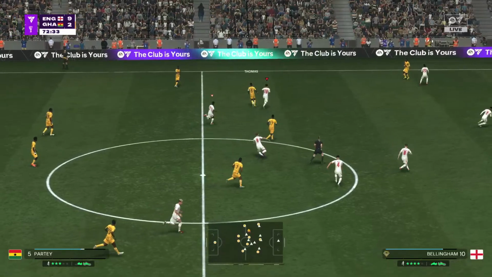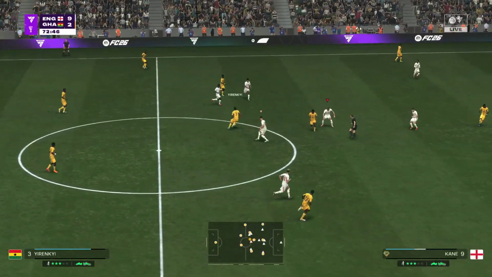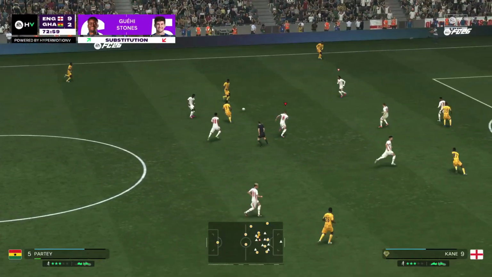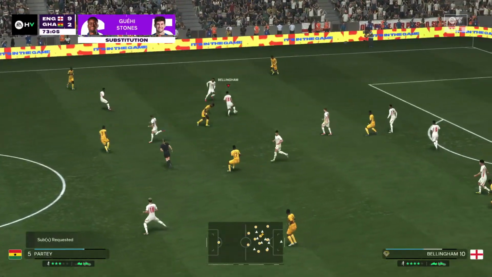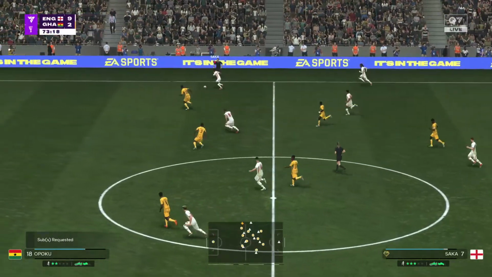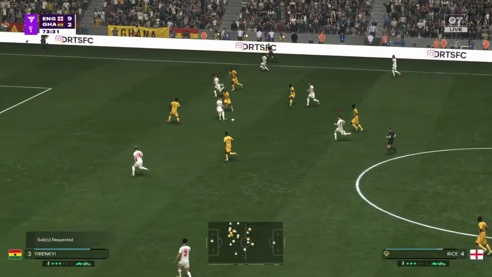Well, a bit wasteful from England. Could be troublesome. Now with Saka. Declan Rice.